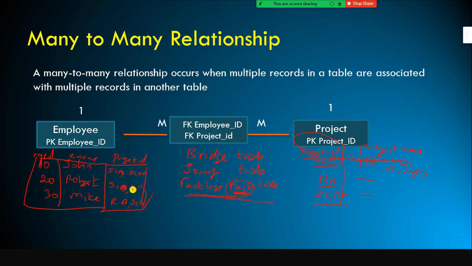But in this table, the primary key column is project ID. In order to create the relationship between these two tables, you created a column called project ID. But in this case, each employee is working on more than one project, and you cannot specify more than one value in the project ID column. If you specify like this, how can you join these two tables?